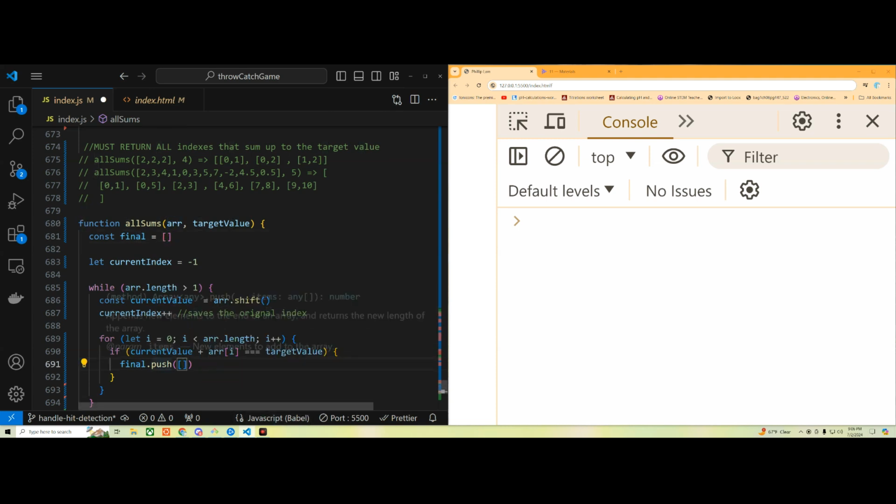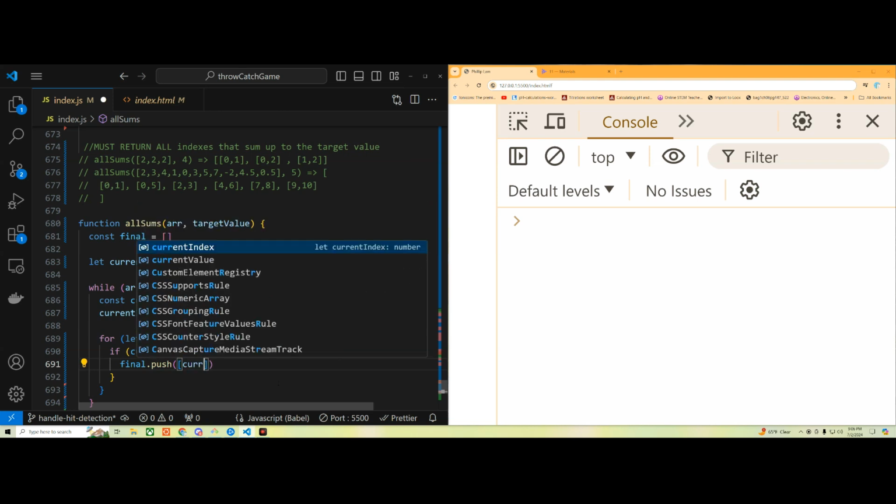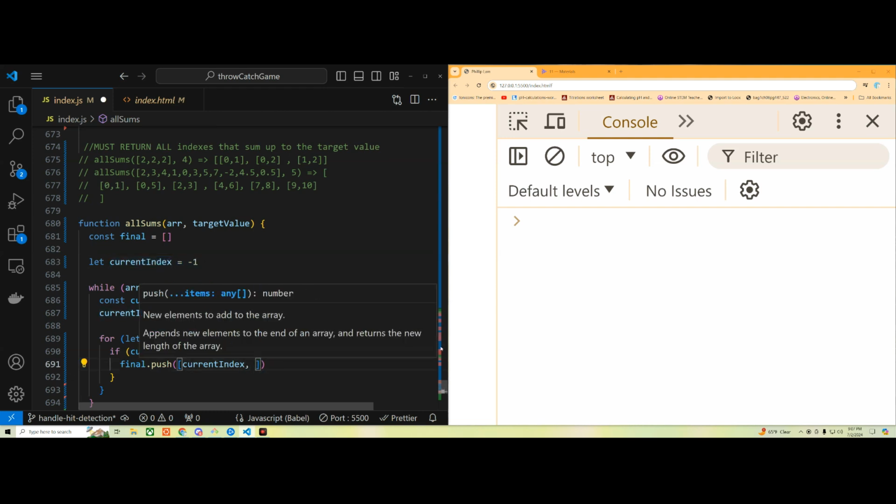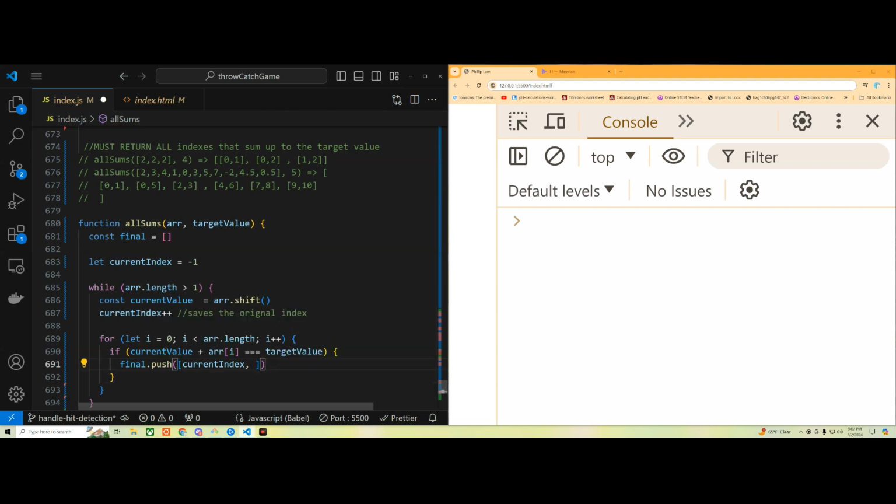So the first one is what? It's the first index, right? So we can simply just say, hey, currentIndex, because remember, this variable keeps count of the current index. Now, how do we get the second index? The second index is actually a little bit harder. First, you would need to say, hey, what's the index of this right here that we added to the current value? So that is going to be i